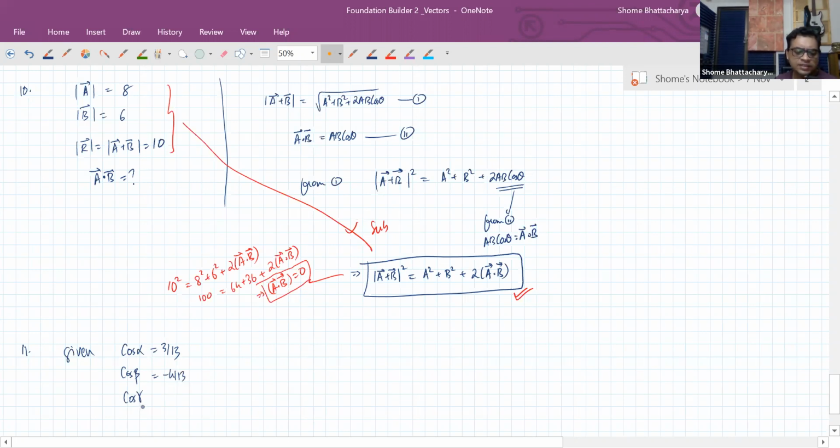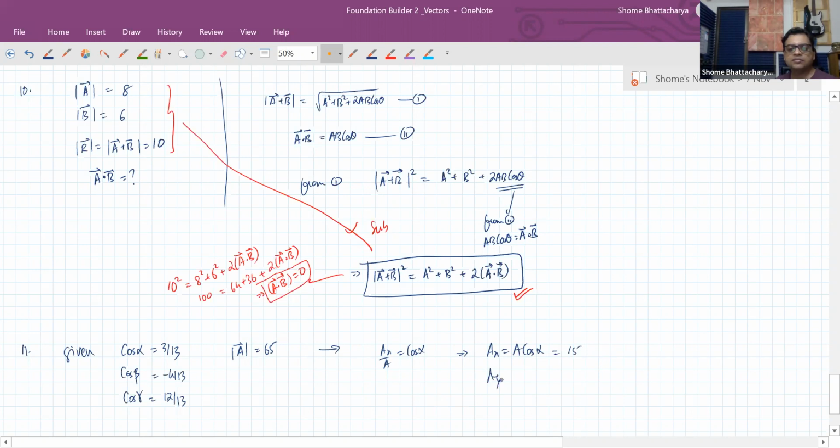So if the direction cosines are given in a sequence of three values, we always take that sequence as cos alpha, cos beta, and cos gamma. They are always written in that order. The magnitude of the vector is 65. So Ax upon mod A is cos alpha, therefore the x component will be magnitude into cos alpha. Here it will become 65 into 3 by 13, so that will become 15.